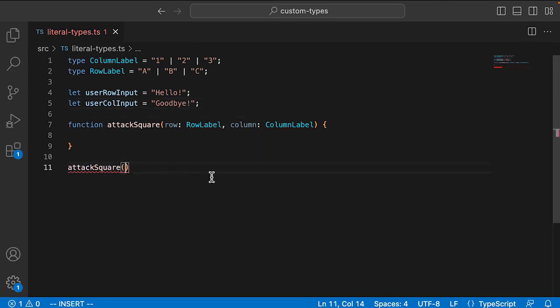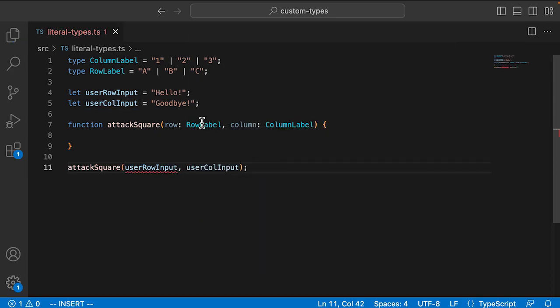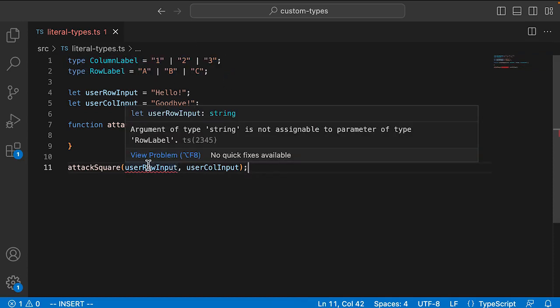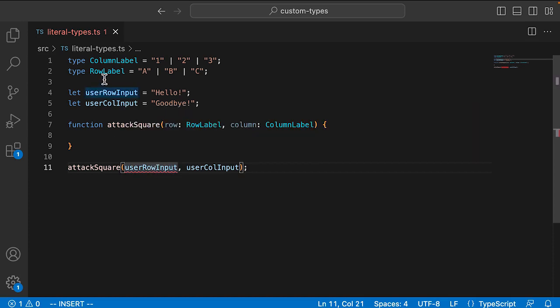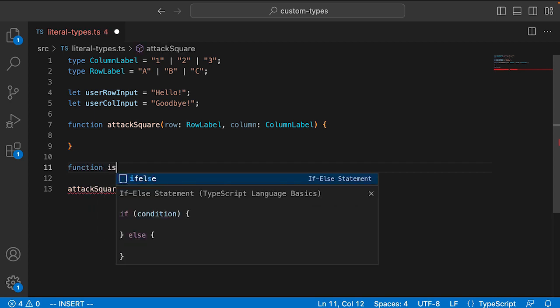Now what would happen is, if we try and call attack square with these user row input and user column input things without making sure that these variables fit these custom types that we've defined, TypeScript isn't going to allow us to do it. It's going to say you're trying to pass an argument of type string when the type should really be row label. Well, in order to make this work, what we would have to do is define a function called something like